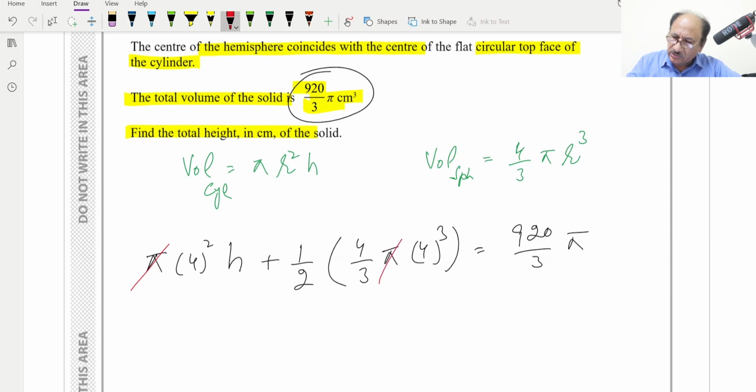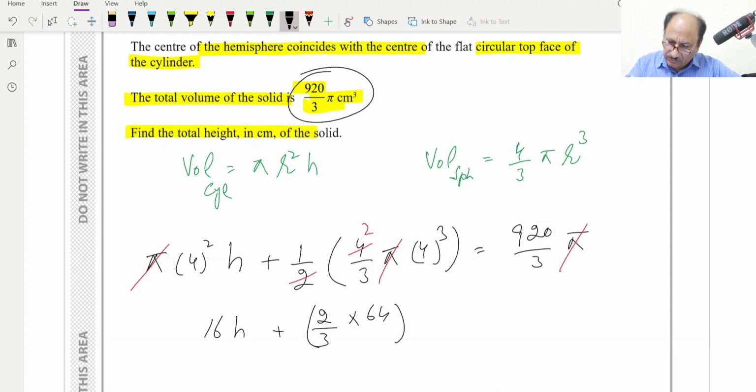Pi we can cancel from everywhere, and the remaining portion we can write: this will be 16h, and this 2 also we can cancel 2, and this will be 2, and we can further write plus 2 over 3, and 4 cubed will be 64, so we can write here 64, and is equal to